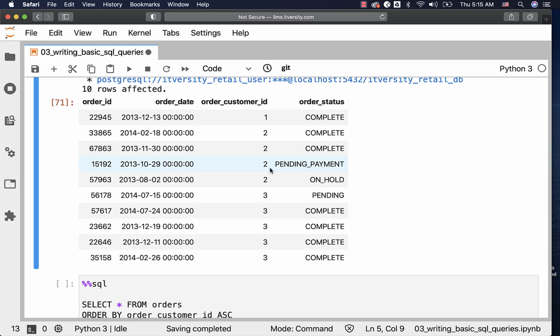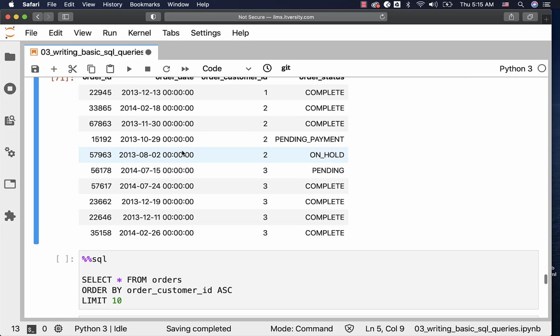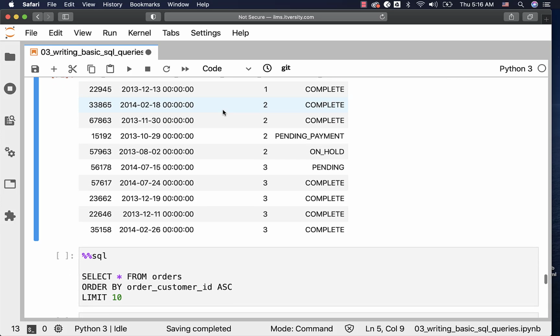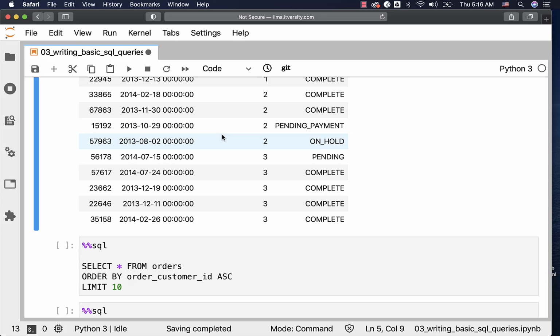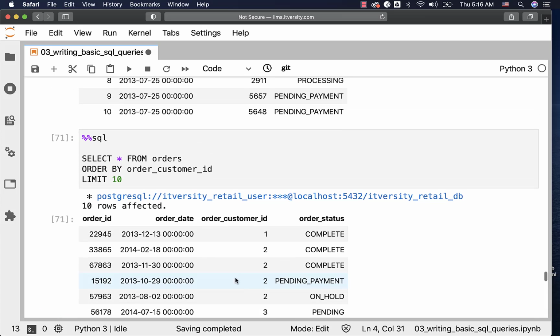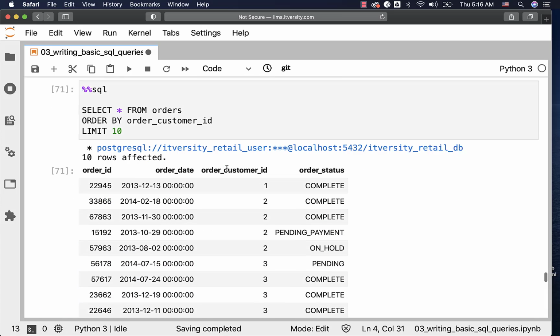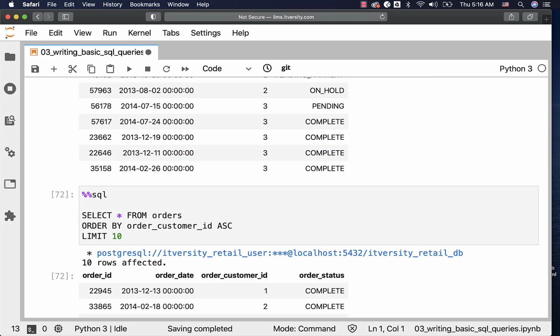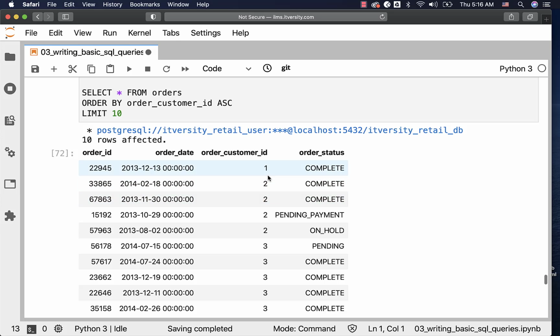When it comes to customer ID 2, there are 4 records. Even these records might be in a different order when we run the same query multiple times. We will get into the details about how to ensure the data is sorted in the desired order even beyond customer ID. But for now, if you want to specify ASC to sort the data in ascending order on a particular field, you can specify like this. However, it is optional. Even earlier, when I did not specify ASC, the data was sorted in ascending order by customer ID.